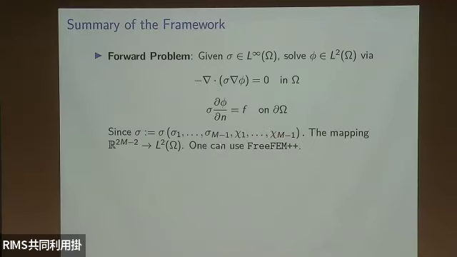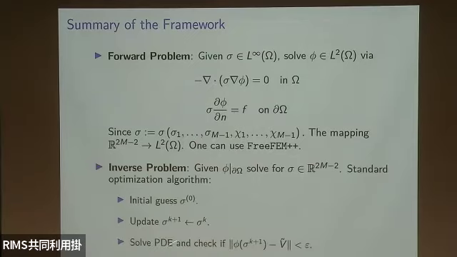So again, the forward problem looks like this. You're given a PDE, you're given sigma, and you solve for phi. With the boundary conditions, you can use FreeFEM, so we use a finite element method. You get the variational formulation, and one can show that the solution exists. Very straightforward. Then for the inverse problem, usually what you do is an optimization.